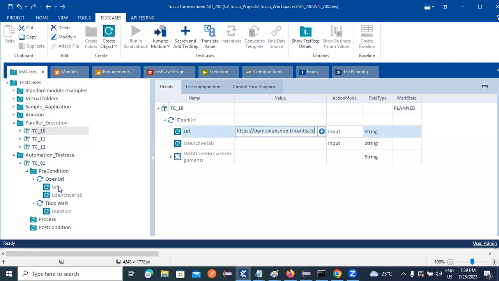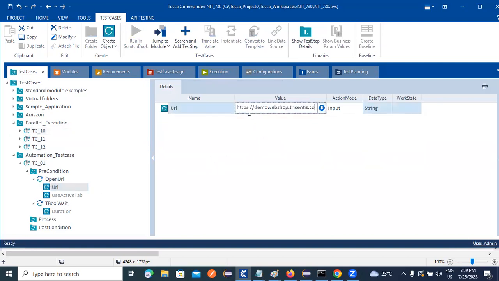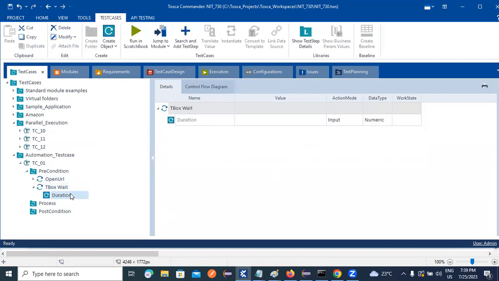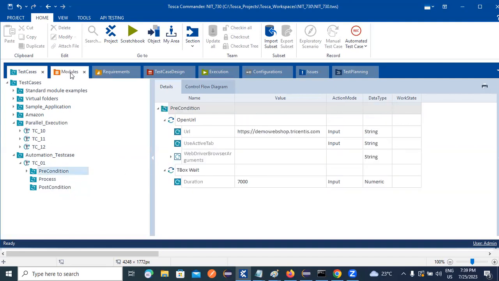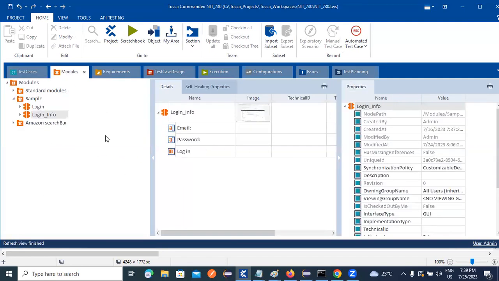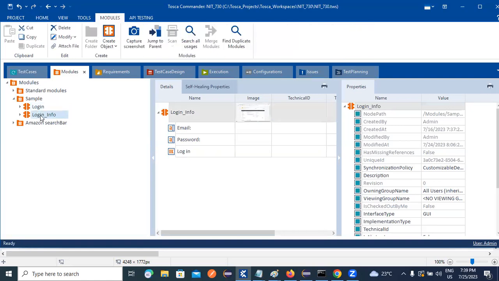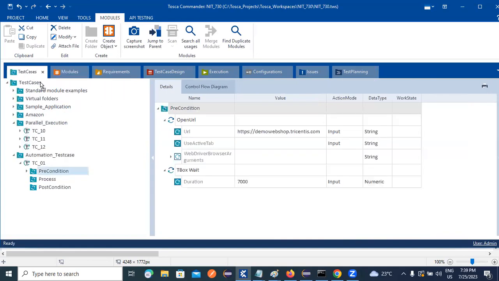Just copy and paste it here. Once you provide the application URL, you need to provide some wait, that is 6 or 7,000. Once you provide the wait, I need to automate the application. Which application do I need to automate? This login and login info I need to automate. If I want to automate this one and hold it,